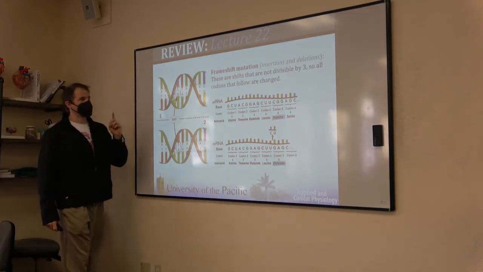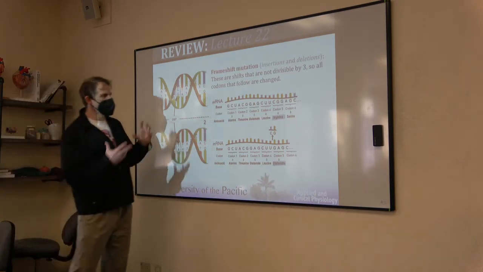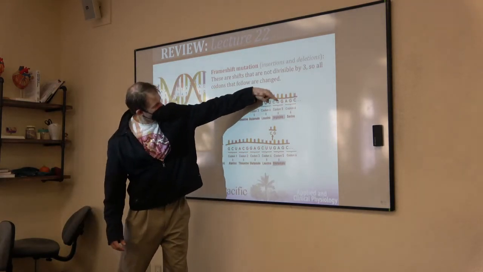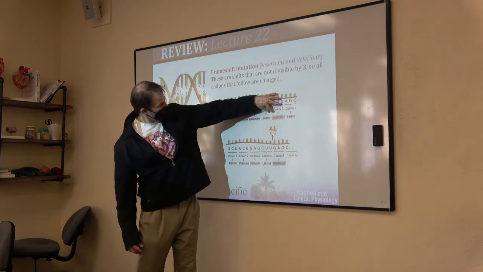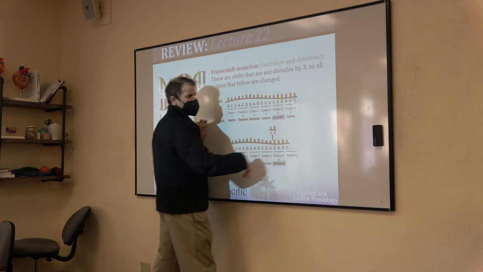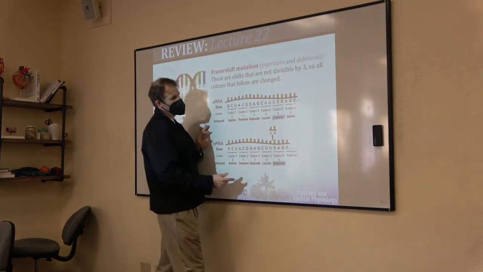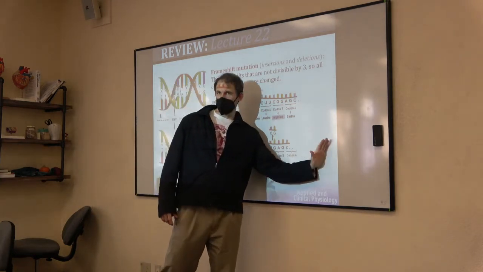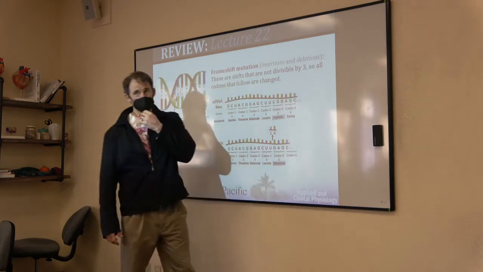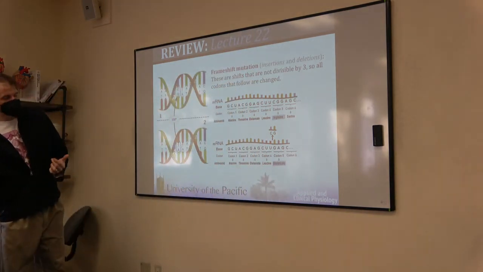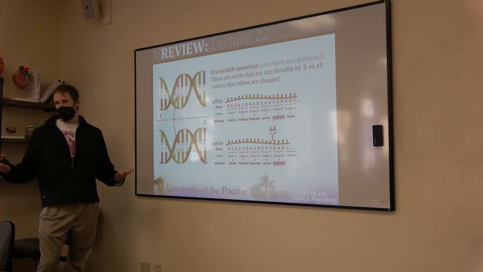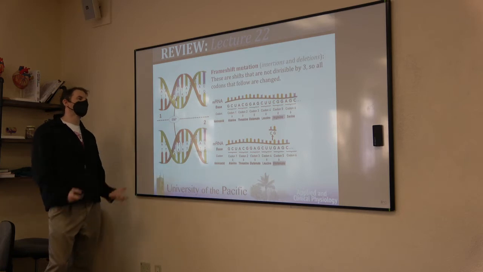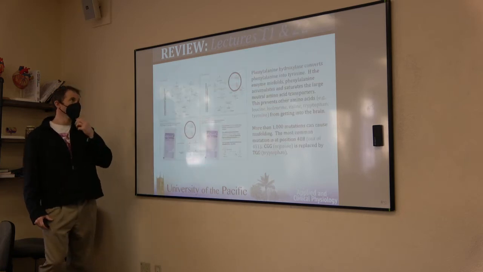And then a frame shift mutation. Remember, in this case, right here, there's a C and a G, these two. And if you pull those out, everything else shifts to the left. So everything beginning at codon 5, what used to be arginine is now glutamate, everything after that changes. Every single amino acid is different. And you may get a premature stop codon showing up that way. It just depends what base pairs are sliding, right? It depends which ones slide.